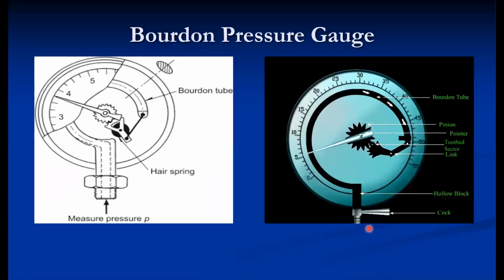So this is a typical construction of the Bourdon pressure gauge, which is the most commercially used. In almost 90% of applications, Bourdon pressure gauges are used, where accuracy is not the major constraint, only for monitoring purposes, only for safety purposes. So it typically